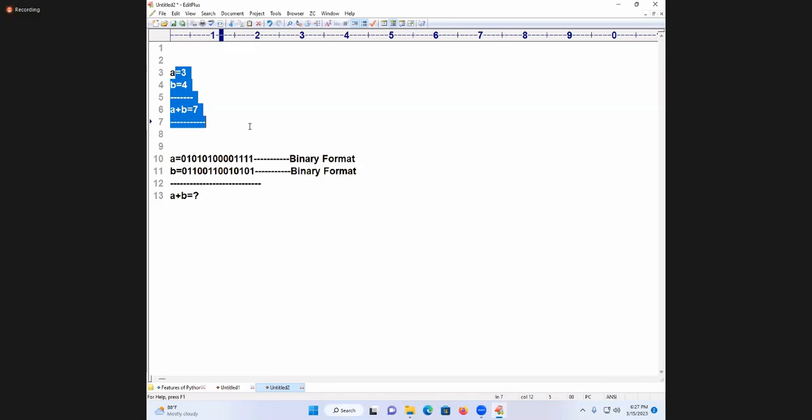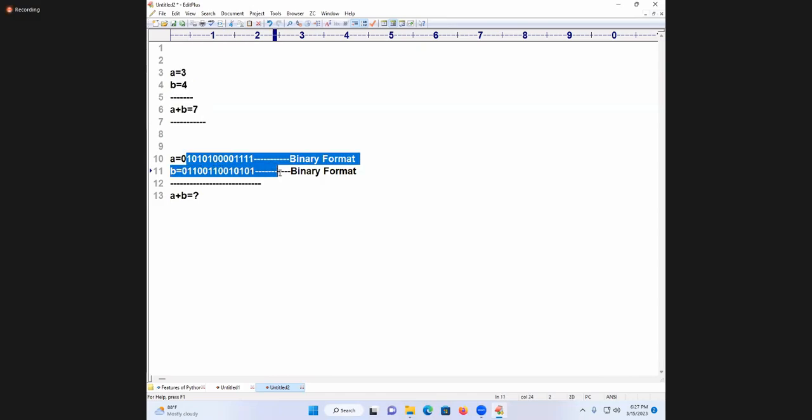What is this data called? Can anybody answer my question? What is this data called? Come in, ma. What is this data called? Binary. Spell out. Right. In Python programming, in C programming, in C++ programming, in Java programming, data will be binary